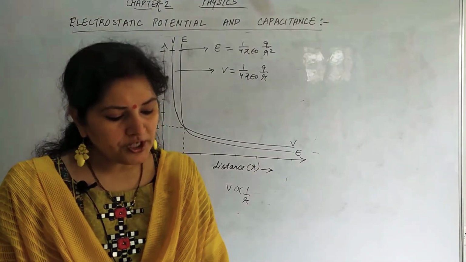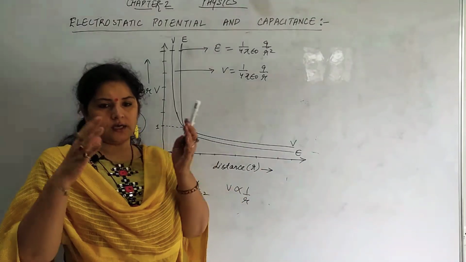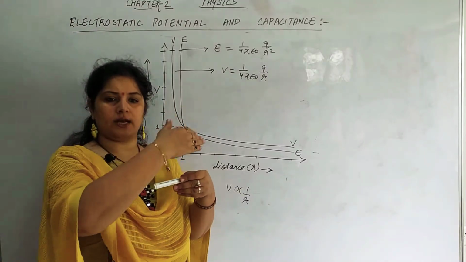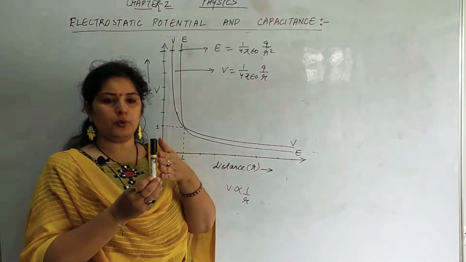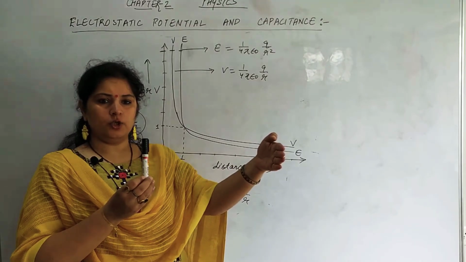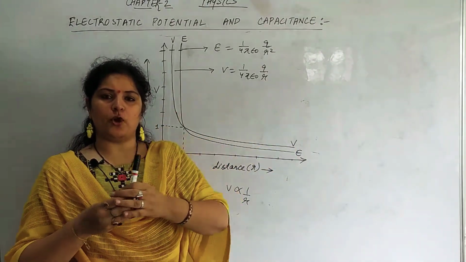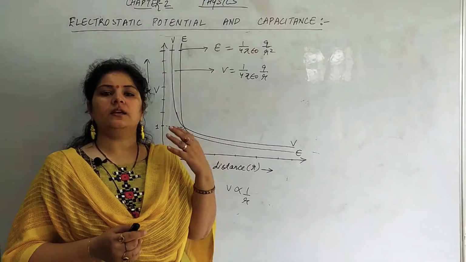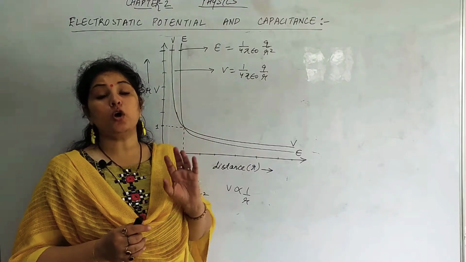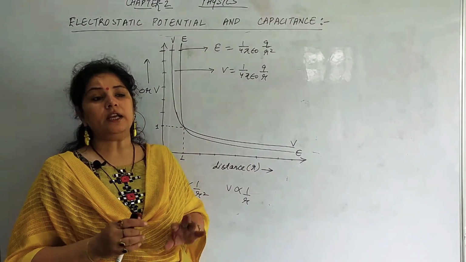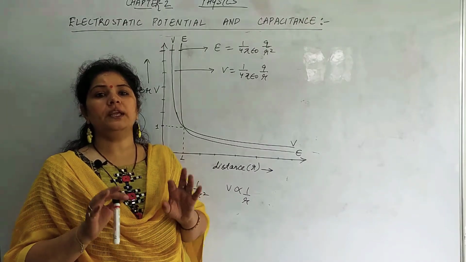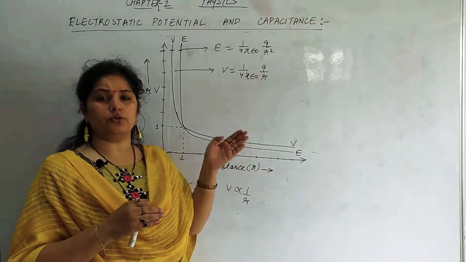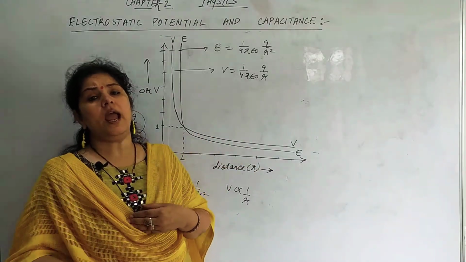Now, electric potential due to a system of charges. Suppose there is a particular system in which so many charges are there, right? एक पॉइंट पे पोटेंशियल, charge Q1, charge Q2, charge Q3, charge Q4 and so on, and we want to find the total potential. Then, like electric field, like electrostatic force, it also follows the superposition principle, right? So the net potential will be equal to the summation of the potential due to charge Q1, potential due to charge Q2, potential due to charge Q3 and so on, right?